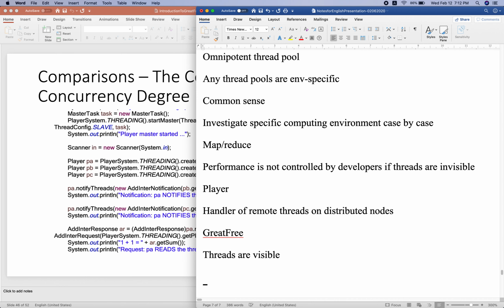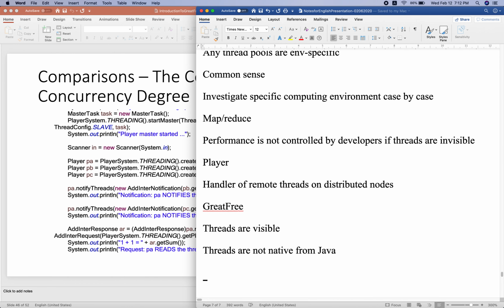but I have upgraded them. These threads are not native threads from Java, because I created this system based on Java.